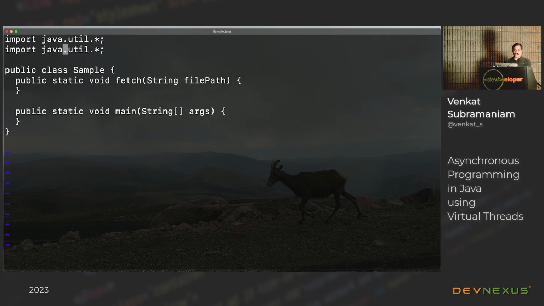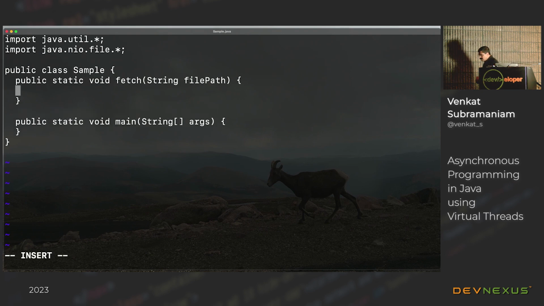And in here, I'm going to say java.nio.file.star. So one of the things they have taken time to do is meticulously go through every single function, and they have asked the question, should this really be multi-threaded? Should this be non-blocking? And so on. And they have taken the time to evolve those functions.